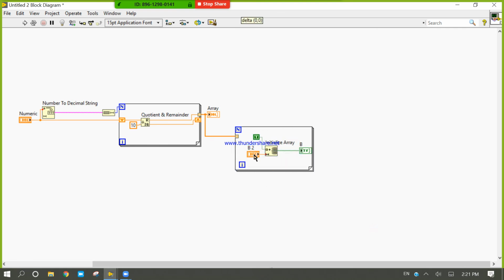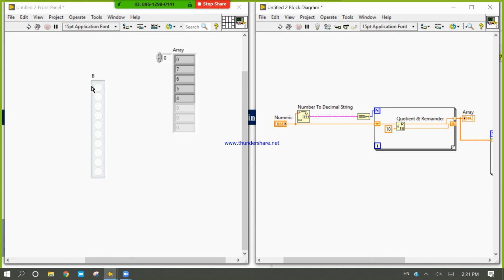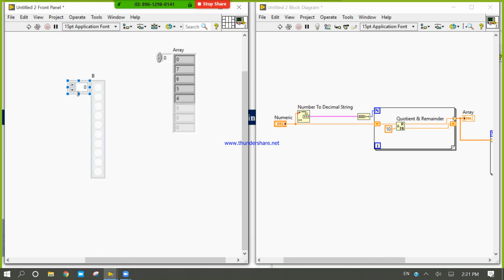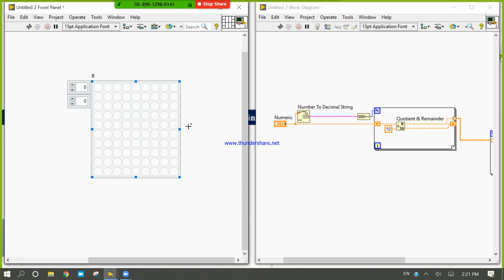I will delete this one, delete this, and connect here. I will take the output outside. Index display I will open and drag. I will change it into one, then more dimensions, let's say 3.